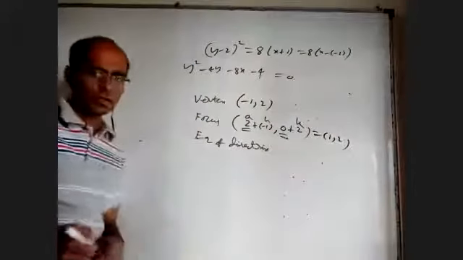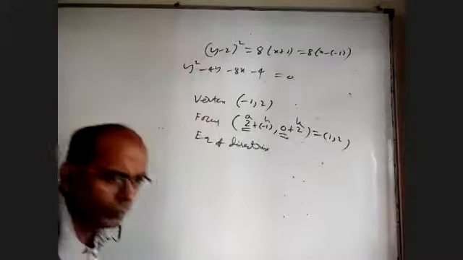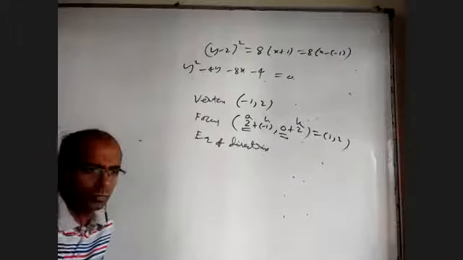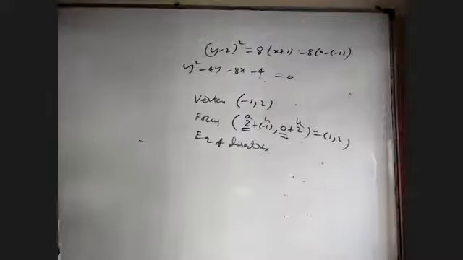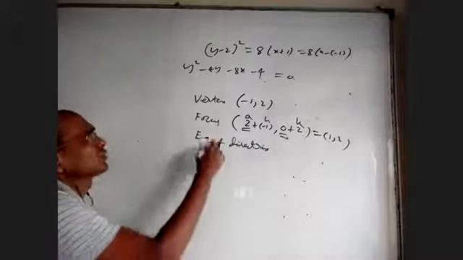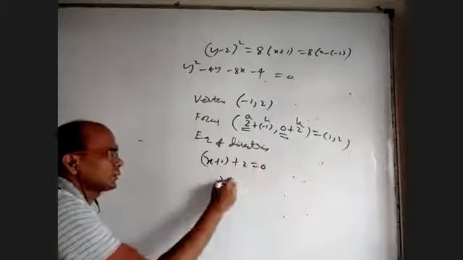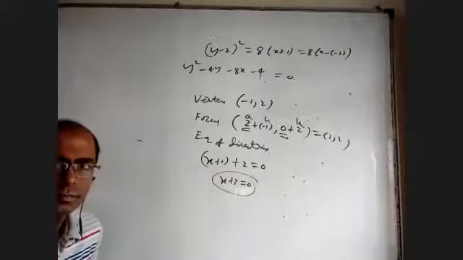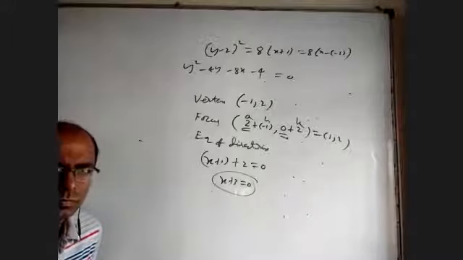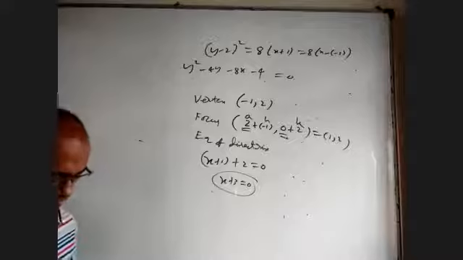And equation of directrix? x equals minus 3. Yes. Normally directrix is x plus a equal to 0, which is x plus 2, but now x should be replaced with x plus 1. So x plus 1 plus 2 equal to 0. So it will be x plus 3 equal to 0. Right? Yes. So I just wanted to remind of the formulas, that's all.